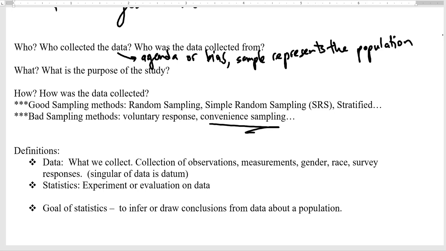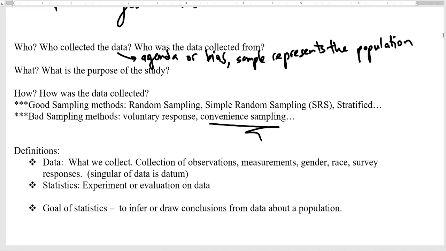Convenience sampling is probably the one that I see the most on the internet. I love some video games, and I'll go on some video game sites and they'll ask people, what's the best video game system out there? And they'll have a little window that I can click on and answer that. Well, that creates bias because if I'm choosing to respond, I feel really passionate about that. Anyone who's not passionate is not answering. And does their opinion matter? Yeah, of course. Just because they're not passionate doesn't mean they don't have a favorite system, right? Plus, what about the people that don't go to the website? Do their opinions matter? Well, yeah, if I'm trying to make a claim about everyone and what their favorite video game system is,